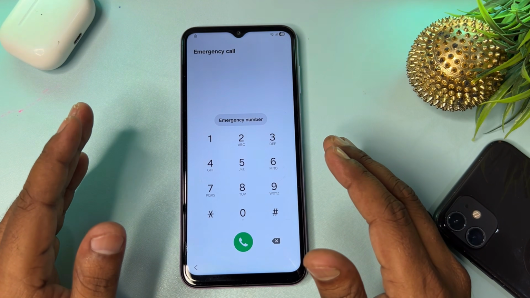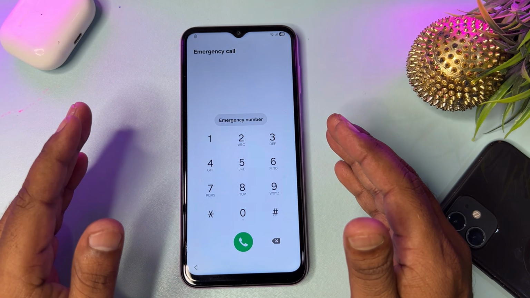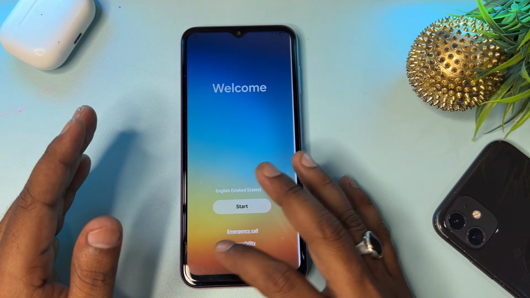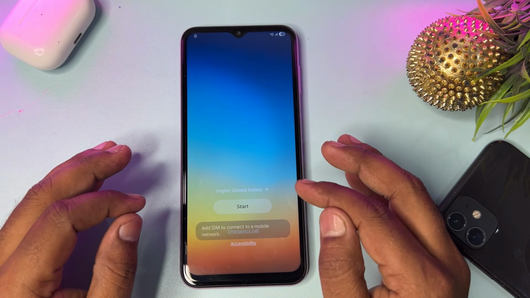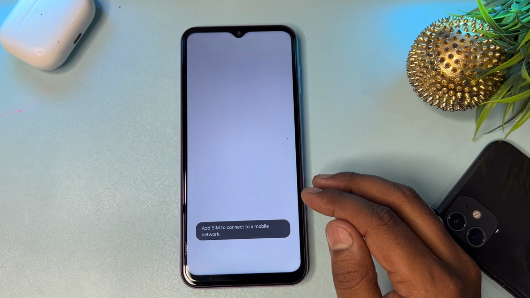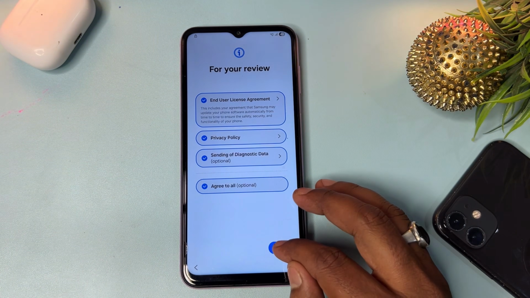When you realize the 5 seconds have been completed successfully, go back and start your configuration with some important actions. So configure your smartphone, click agree,